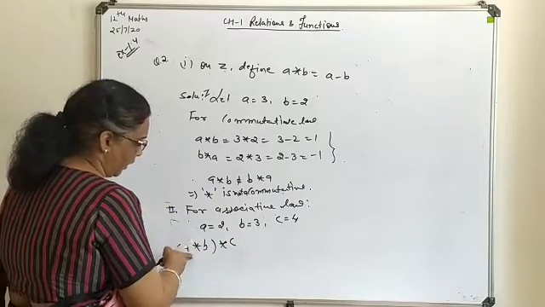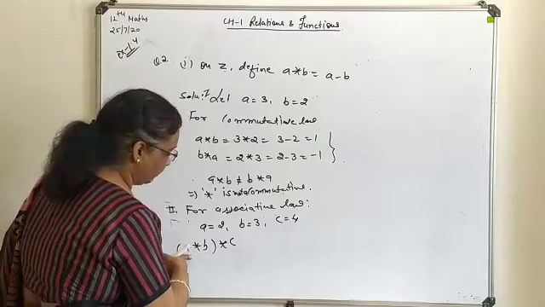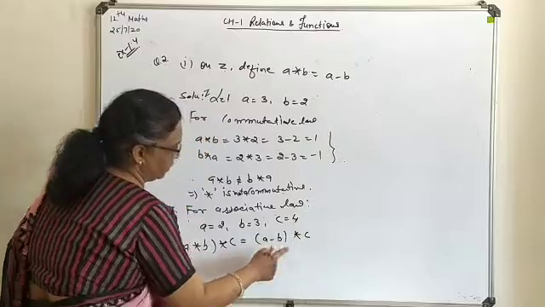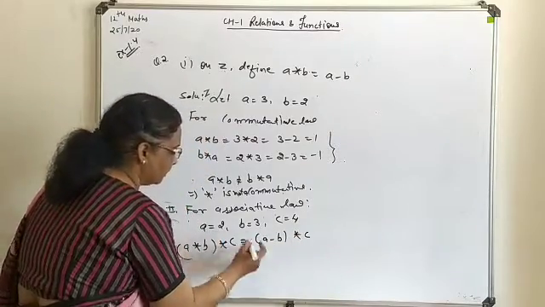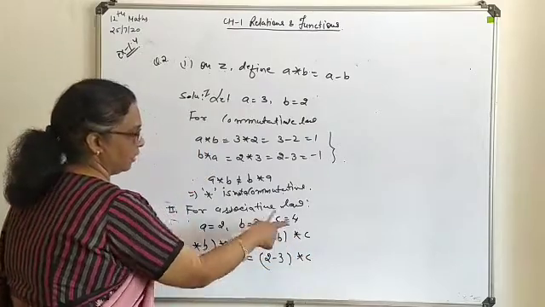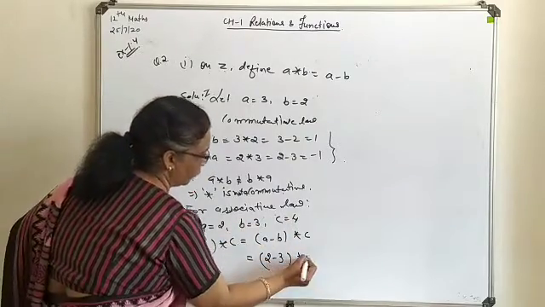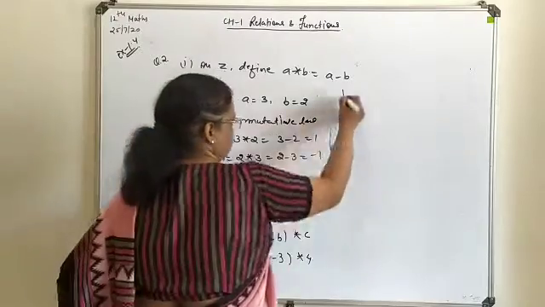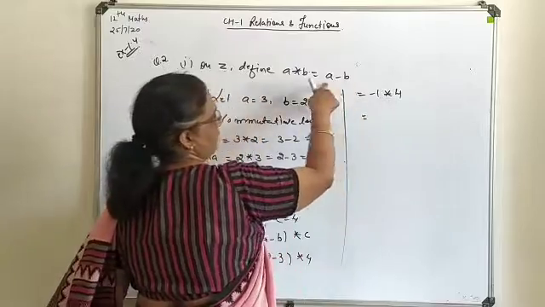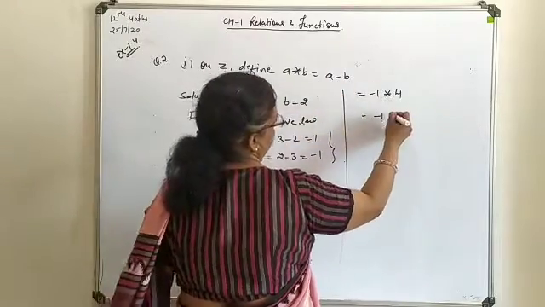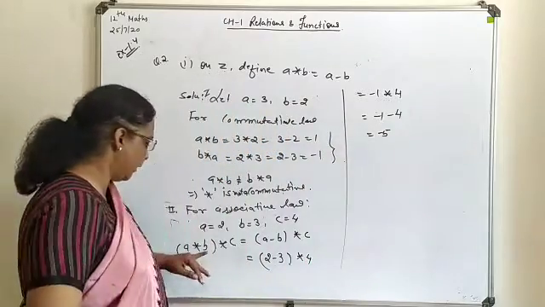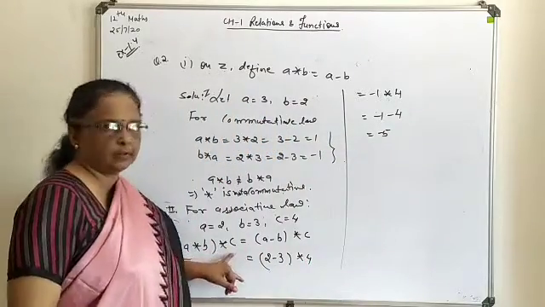Now first we will go for A operate on B operate on C. Here A operate on B means first you find A minus B, and then it will be operated on C. A minus B means how much are you getting? This is 2 minus 3, operate on C. C means 4. This is minus 1 operate on 4. Again the same way it is treated: minus 1 minus 4, the answer is minus 5. So this is the solution for A operate on B operate on C.